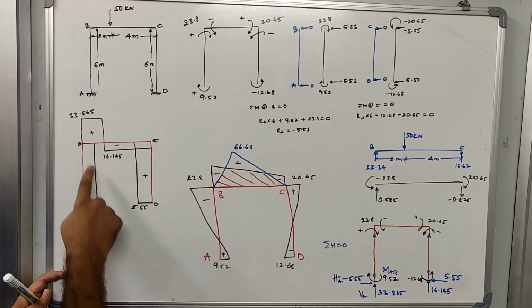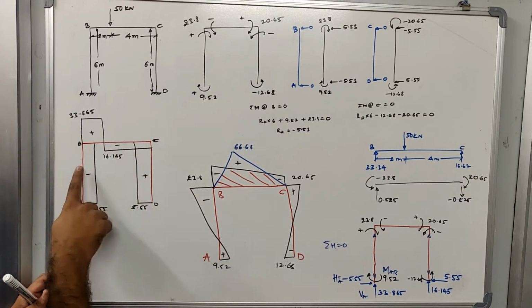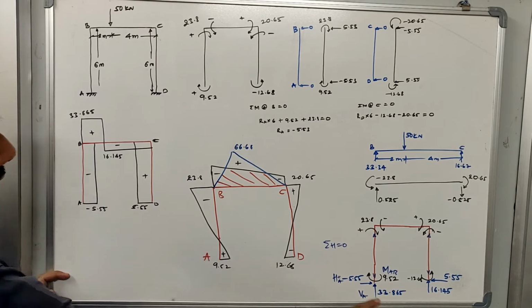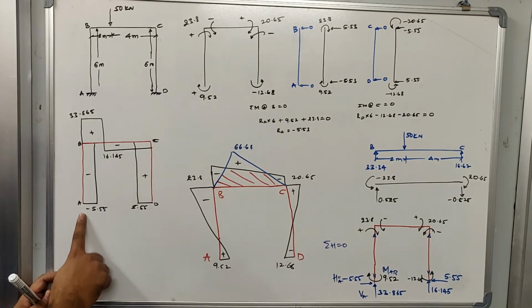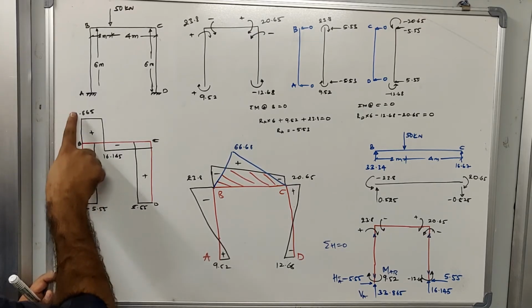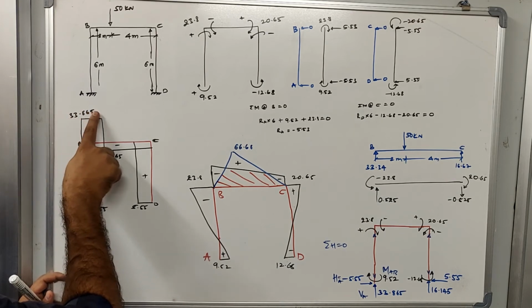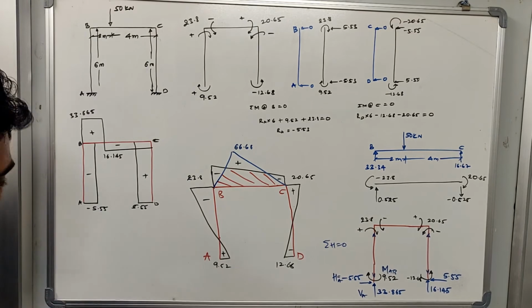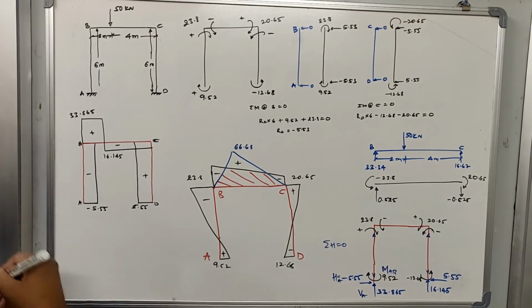Now going to the beam member, as we know, the reaction that we have here is 33.865. So this 33.865 will transfer the reaction till point B. From here it will go in the upward direction, which is 33.865. Minus 50 will give you minus 16, sorry, it is written as plus.